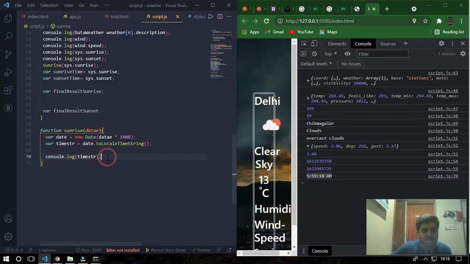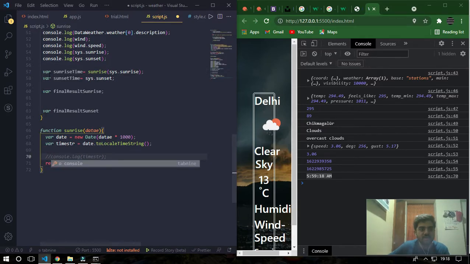After this, I'm going to return time string, return timeStr. So I'll just take this from here and copy it here, and instead of console logging here, we can just see whether the value has been returned or what.